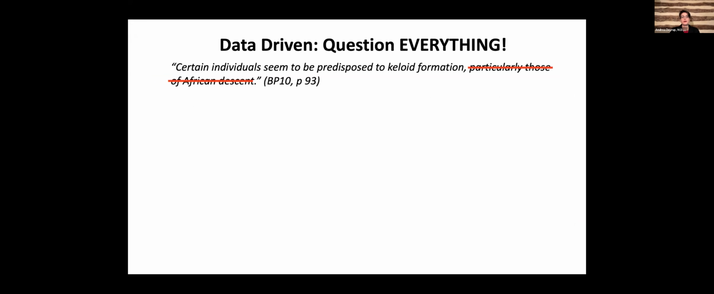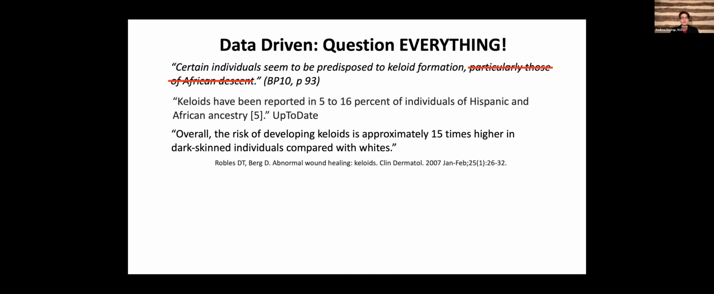So because of my disparities document, I had read UpToDate as well as reference 5, which is shown here, Robles and Berg. And one of the things, and I do a deep dive into the 5 to 16% in a video, and I'll give you the link to that in a moment. But I noticed in this article, they mentioned this fact that keloids are 15 times more common in dark-skinned individuals